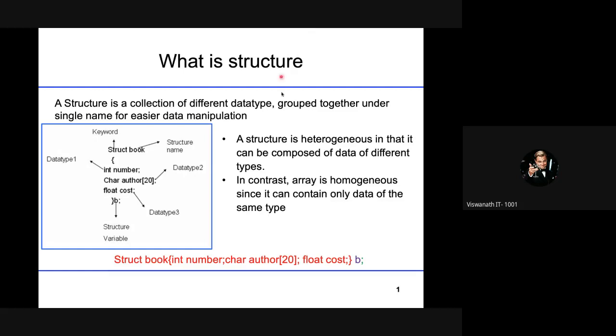Yes, sir. Okay. So this is what happens in an array: everything will be homogeneous. All the things will be the same data type. But here you are creating your own new data type with the help of the keyword struct, and that data type you are creating will have these properties. Heterogeneous elements are grouped together. You wanted to group any number of things.